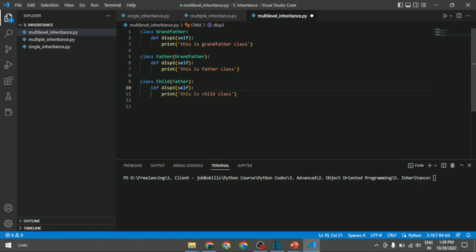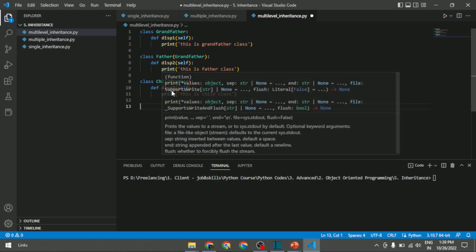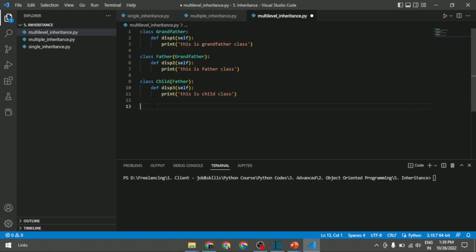And finally, I will create one more class, which is child class, where I'm inheriting the characteristics of father. So since father is inherited from grandfather, and now I am inheriting the father to child, so each and every character is interassociated, hence it is known as multi-level. And I'm creating the def disp3 function where this is called as child class. Now by creating a single object for a child class, I am able to access all the methods from grandfather to father and child. So let me create an object o1 is equal to